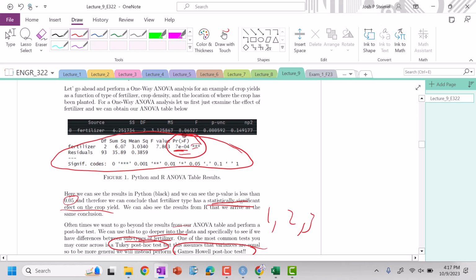So just some background. A lot of times it's fun to jump right into the analysis for ANOVA and the ANOVA tables, but it's always nice to also take a step back and make sure that we understand the context of